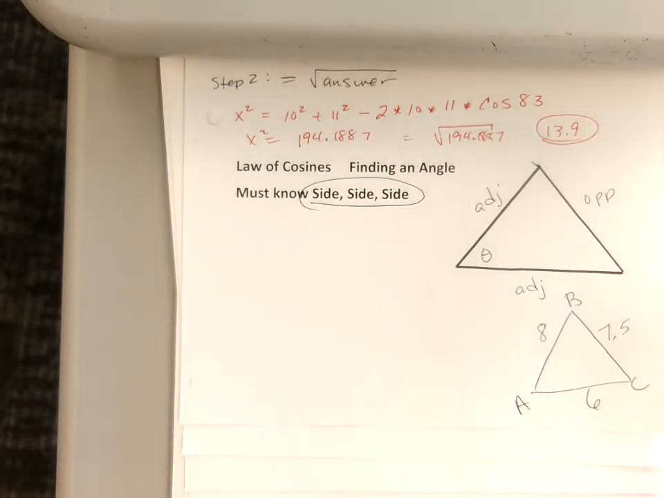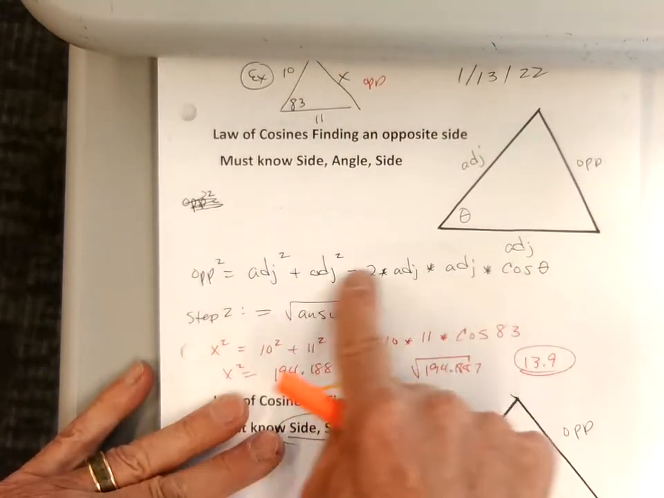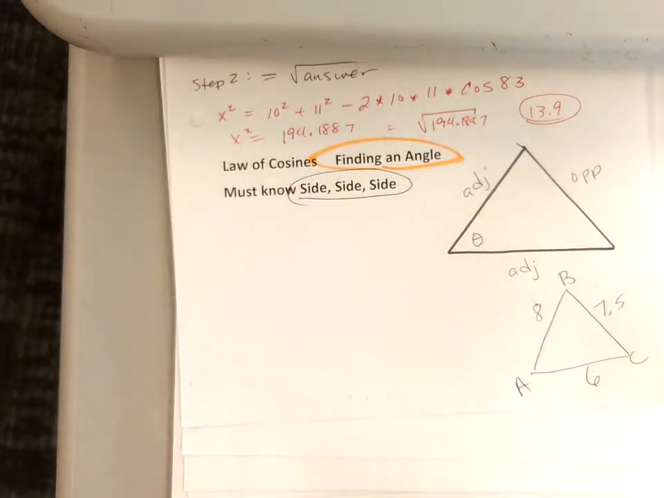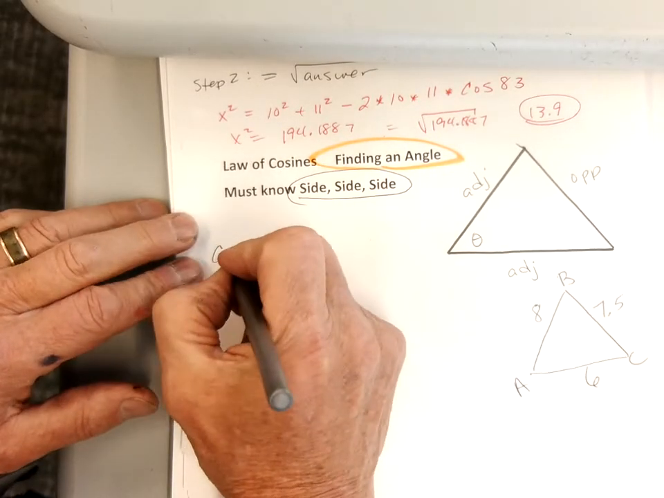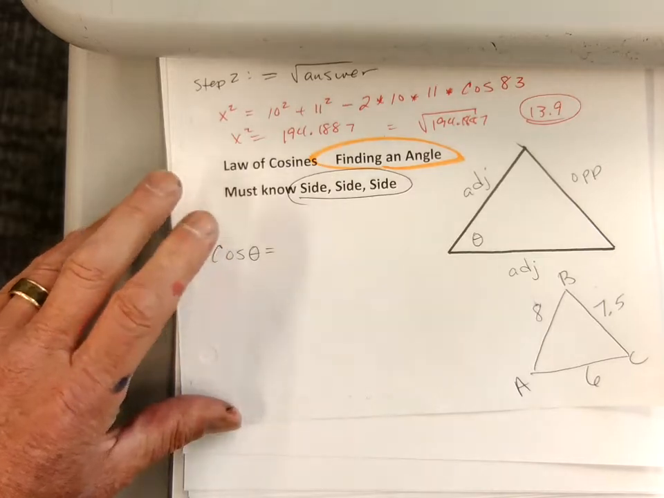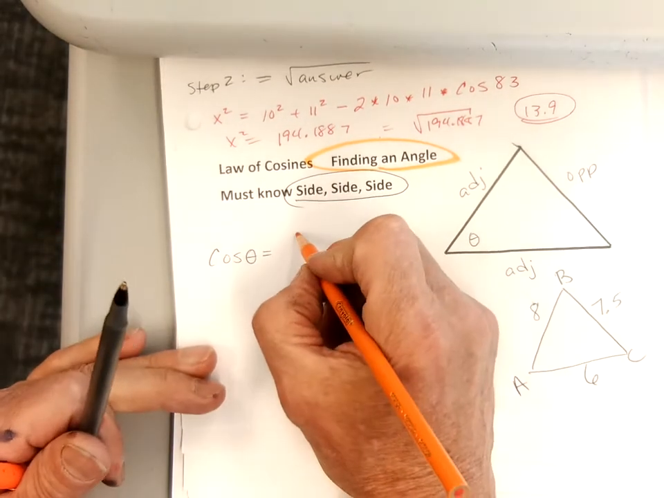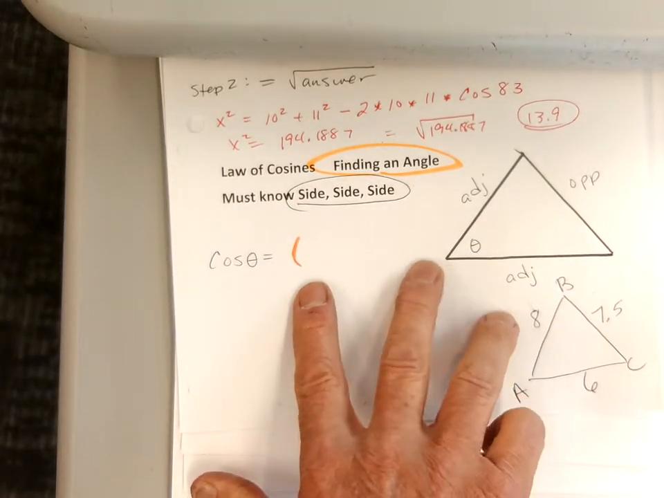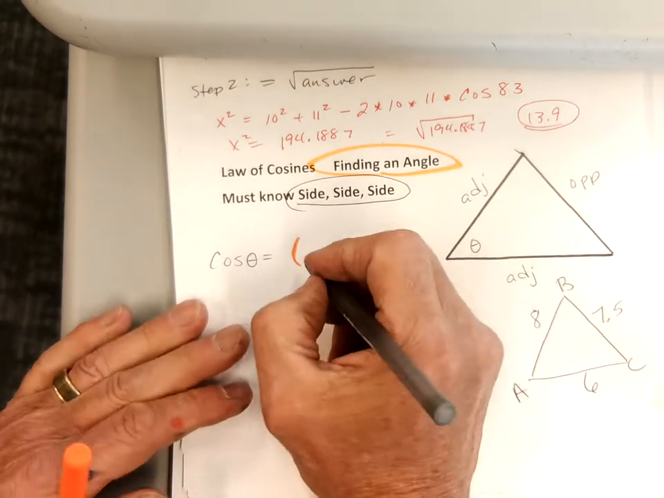I'm going to take this formula and rewrite it. I'm going to solve for cosine. You don't have to do this, I'm going to do it for you. So the new formula is going to be cosine of theta equals parentheses. And I'm going to put the parentheses in color because in the calculator it's really important the parentheses are there, okay? So it's going to be adjacent